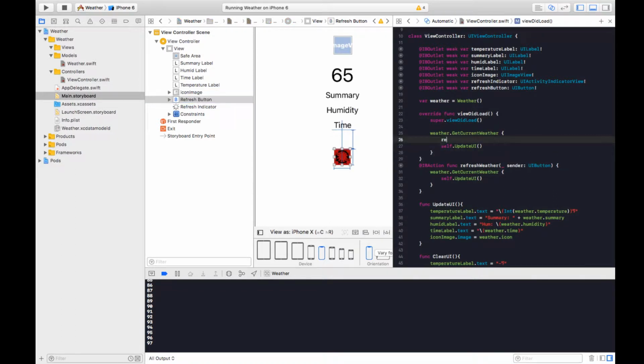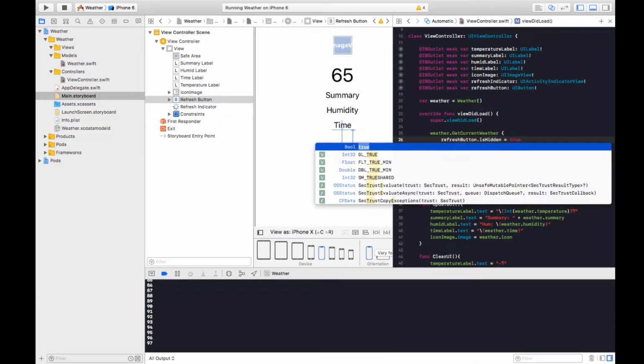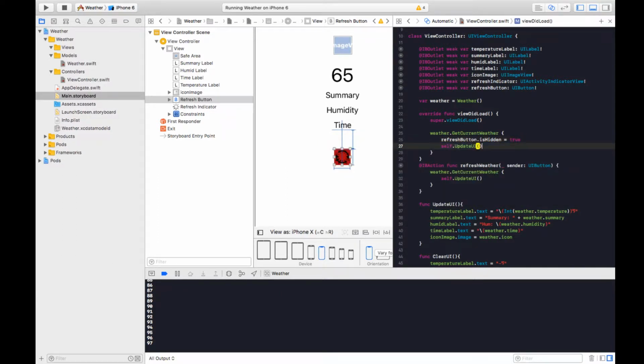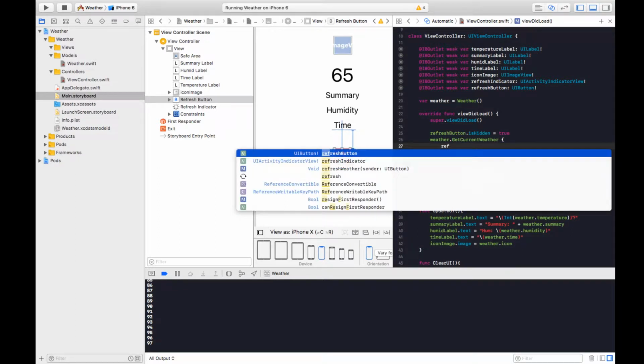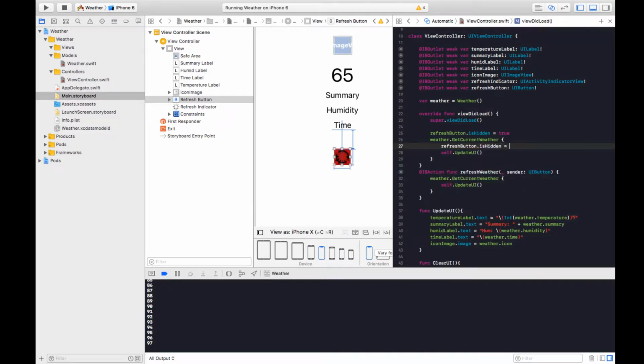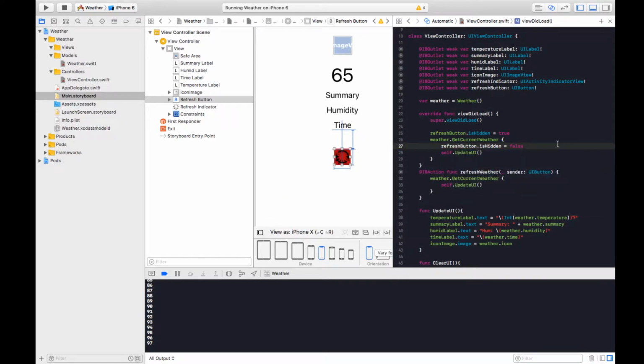So what I want to do here is I want to say refresh button that is hidden. So this is how you would hide something on your UI in iOS. I'm gonna say it's hidden, which I don't want to do in there. That's when it already comes back. So I want to say it there, and then refresh button that is hidden is true. So I want to say at first hide that button so they can't press it before the first thing comes in. Then I want to unhide it, and then